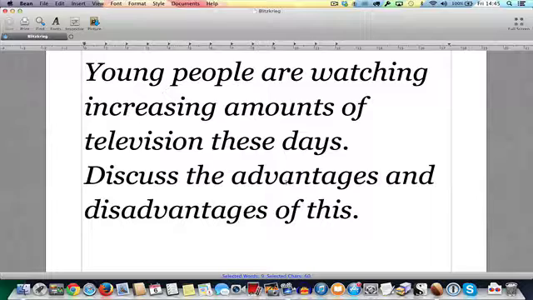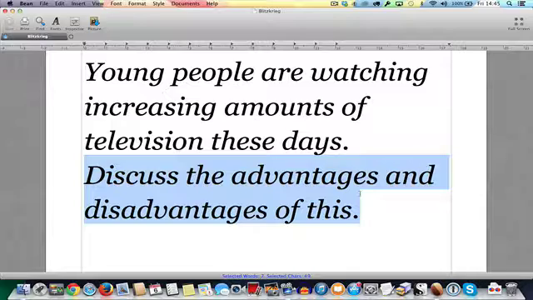So this question is obviously very similar to the preceding one. However, your response style will be completely different. As you can see, the instruction words make clear that you are going to be examining and comparing the advantages and the disadvantages connected to television consumption among young people. So thus you will need to structure a response that allows you to weigh these two areas,